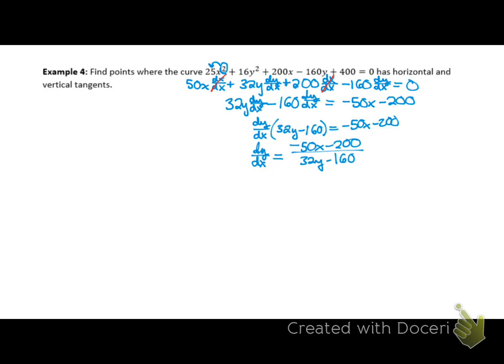Now, when we're solving this problem, what I have just found is the derivative. I haven't answered the question. It's asking for the points where the curve has horizontal and vertical tangents. So to figure this out, the first thing I have to do is define what that means. Well, if I have a horizontal line, I know it looks like this, which means that the derivative has to equal 0, because the slope has to equal 0. If it's vertical,